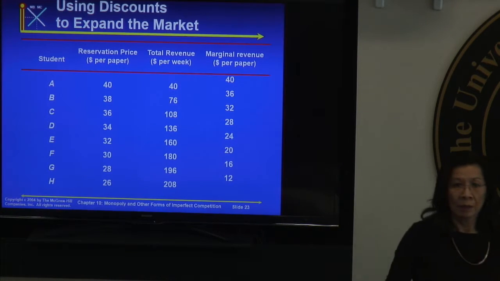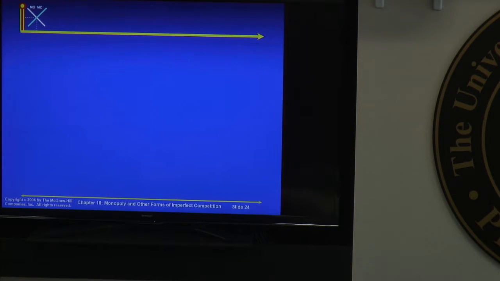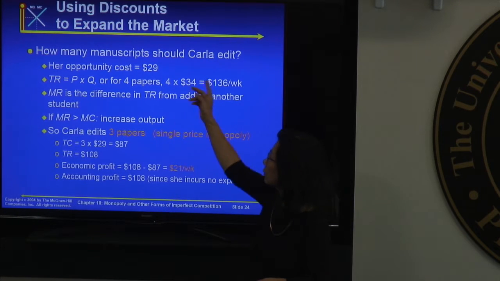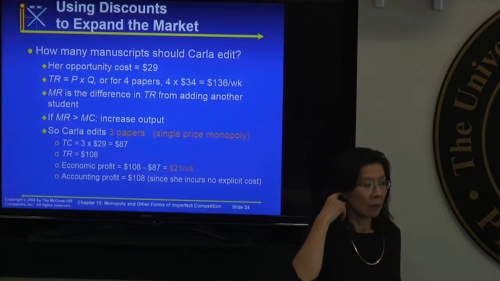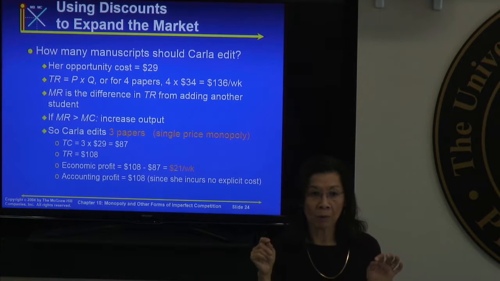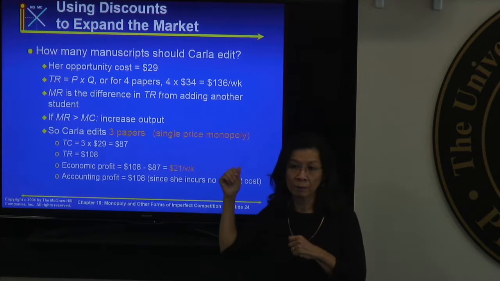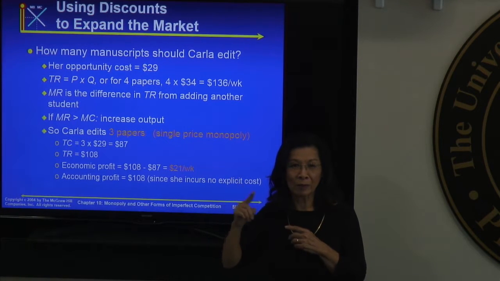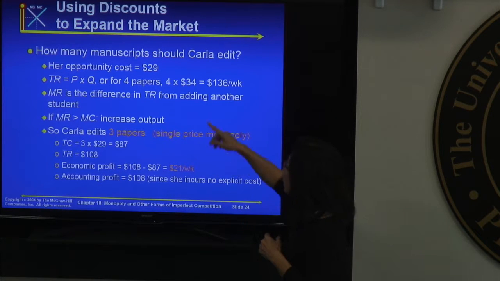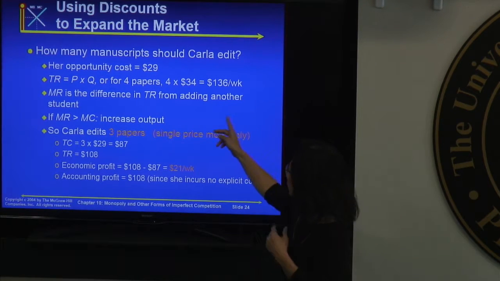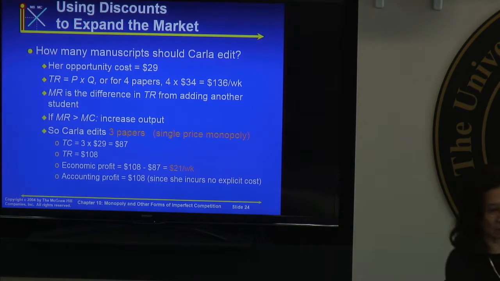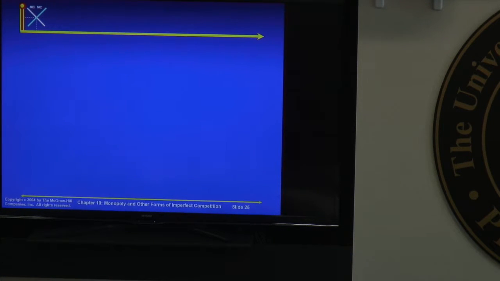So here's the number. Next, I'm going to give you the condition here. How many manuscripts has Shikara edited? Now her opportunity cost, or what we call marginal cost, is $29. Now that's different from reservation price. Hopefully someone is willing to pay it. And total revenue, I think we did that example, so we already did that. So let's go back to that. If her opportunity cost or marginal cost is $29,